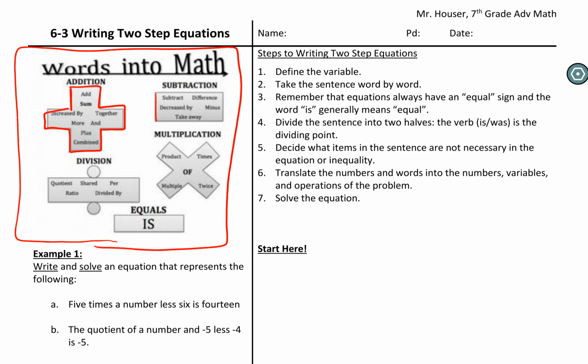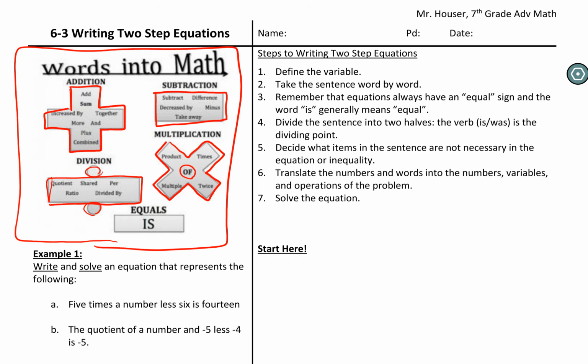With subtract, we're looking at words like decreased by, difference, minus. When we're looking at multiplication, we're looking especially at the word of. Don't forget that the word of tends to usually refer to multiplication, and division, words like quotient, per, divided by,